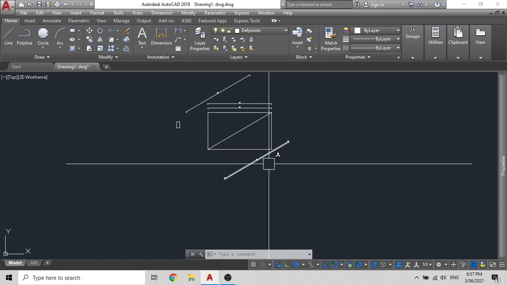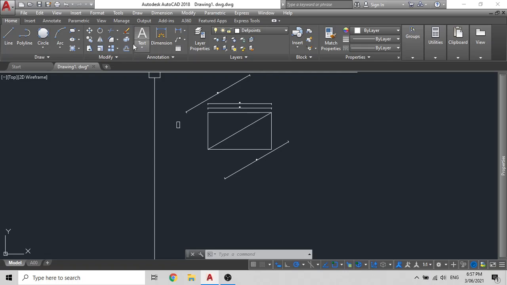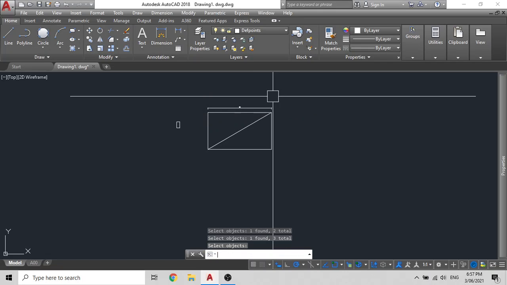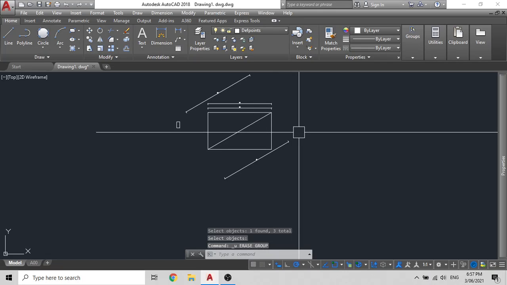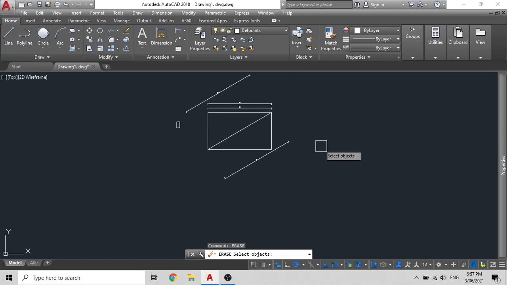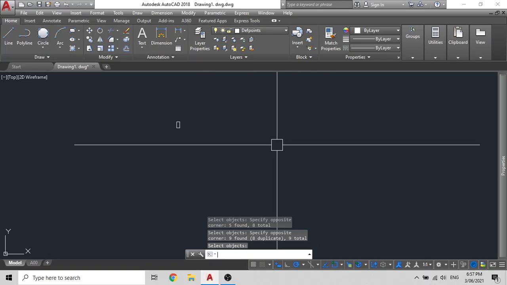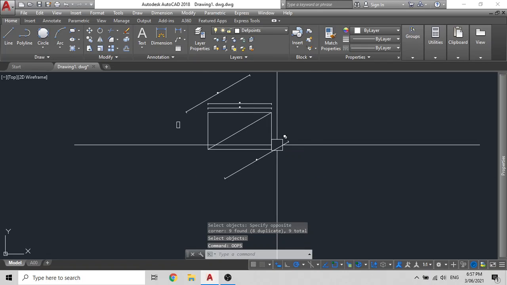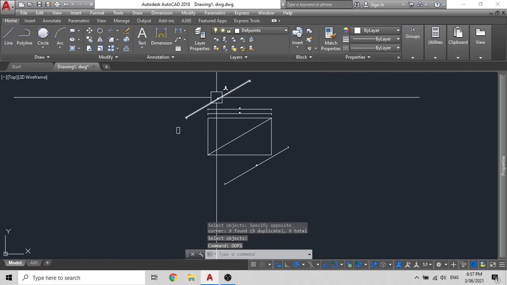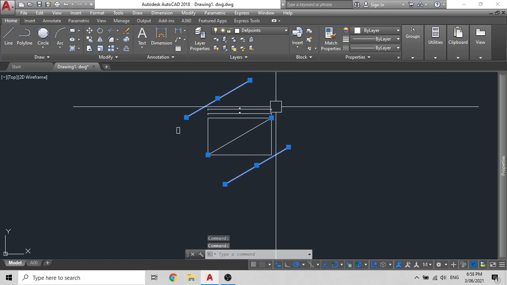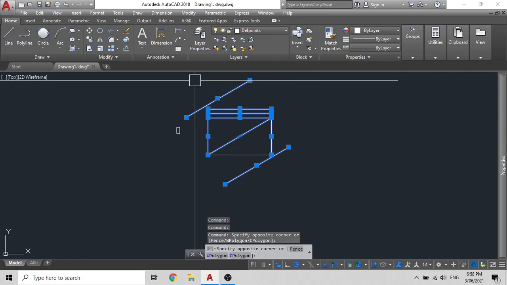Now the next command is erase. So if you wish to erase some of the things, you can do it two ways. You can use this button here, this tab, click on this, then click your objects and press enter. Or you can type ERA, erase, select your erase command, then select whatever you wish to delete, or you can use a window to select as well, and just press enter. So what that does is, it basically erases everything, but you'll waste your time. But what I like to do is just select whatever I don't want with either single or a window select, and I just press on delete.